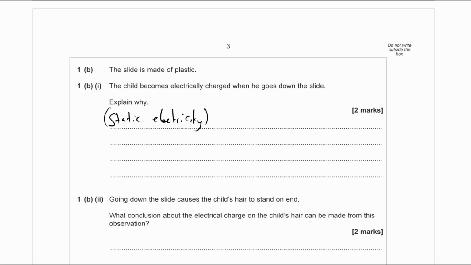Now this is the same thing, except rather than a rod we've got a slide, and rather than just a cloth we've got the child's clothes, and so we have friction between clothes and the slide,